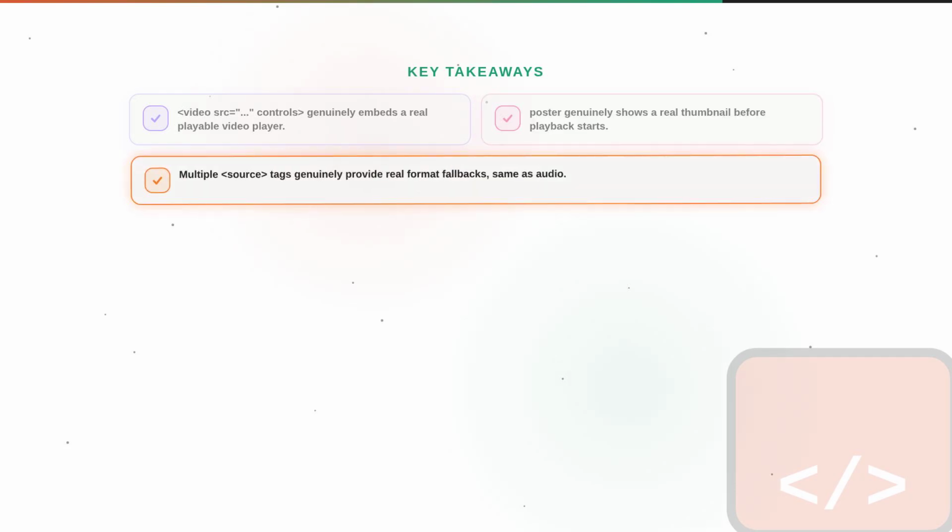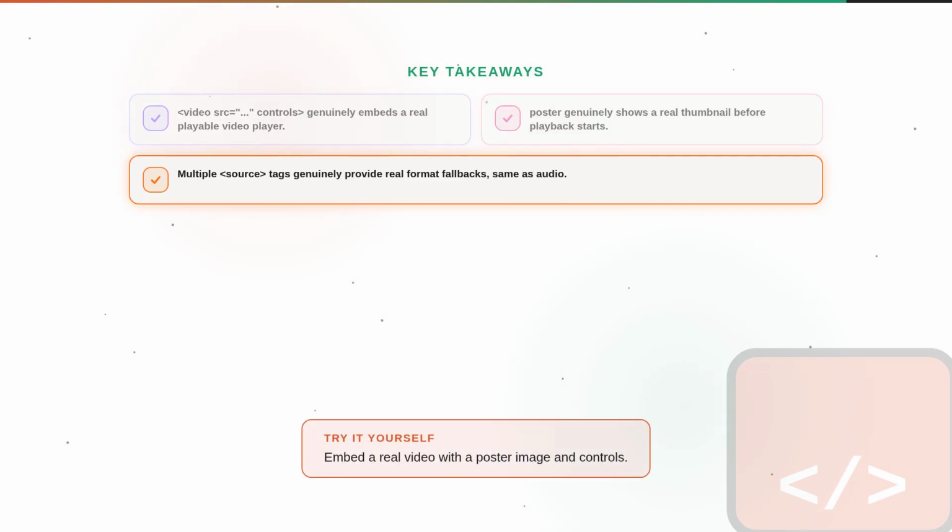Poster genuinely shows a real thumbnail before playback starts. Multiple source tags genuinely provide real format fallbacks, same as audio. Embed a real video with a poster image and